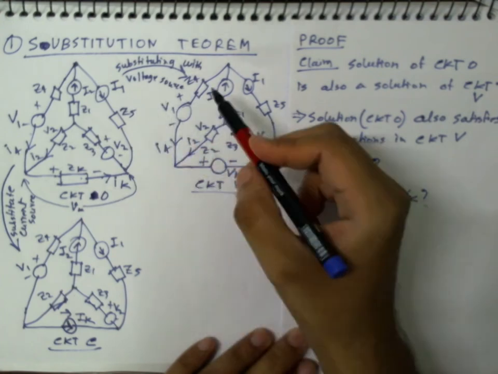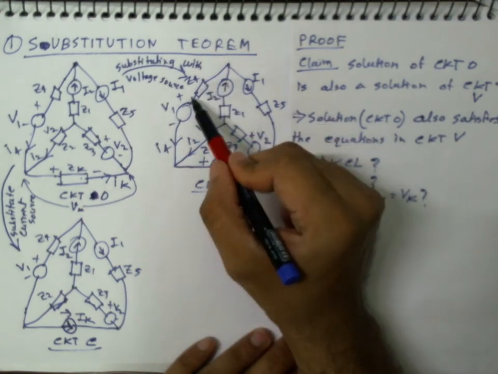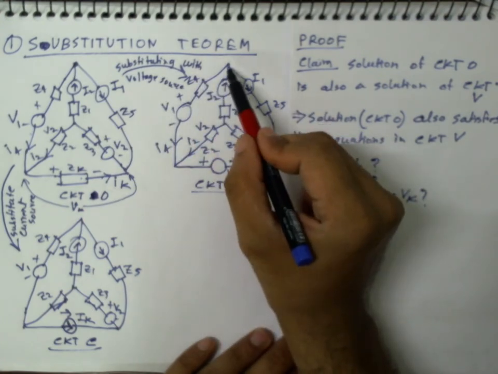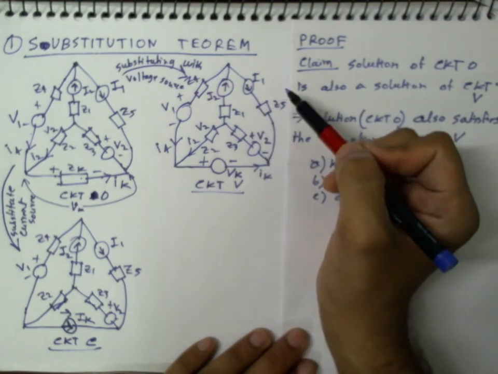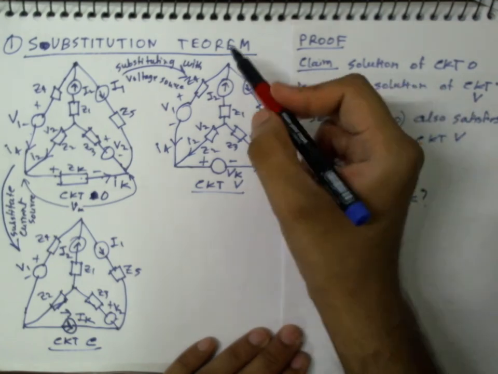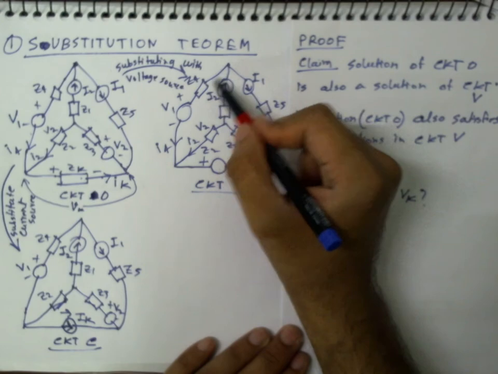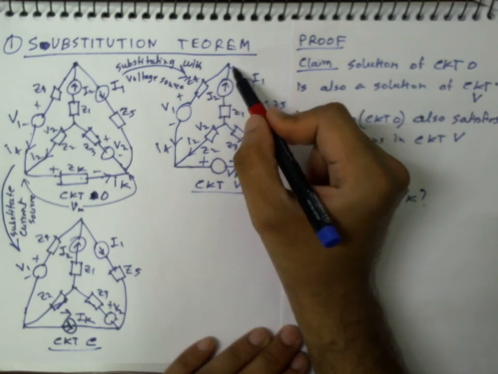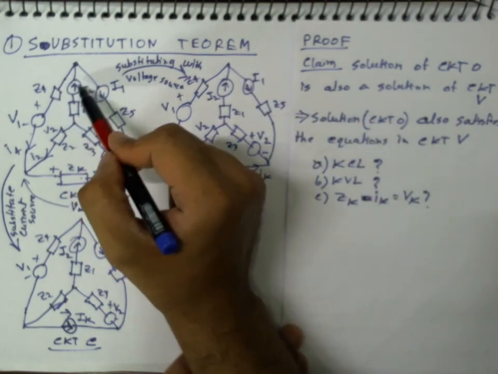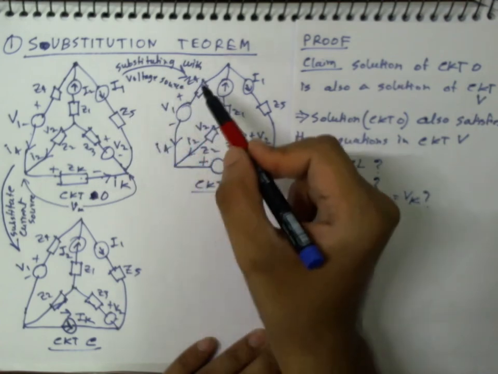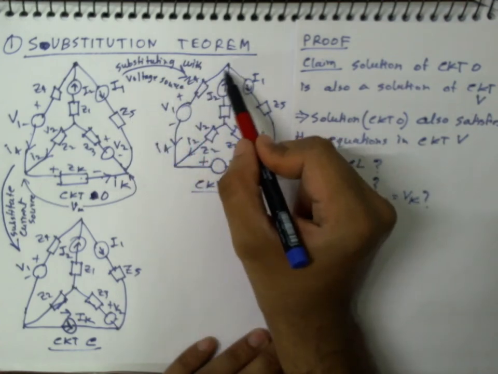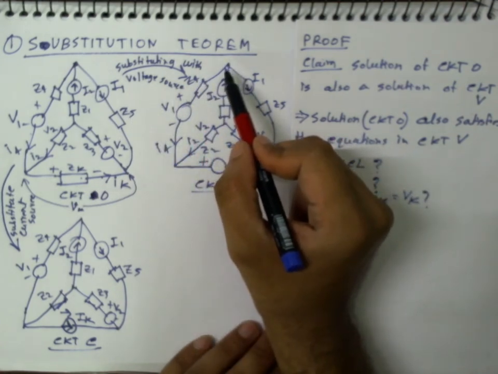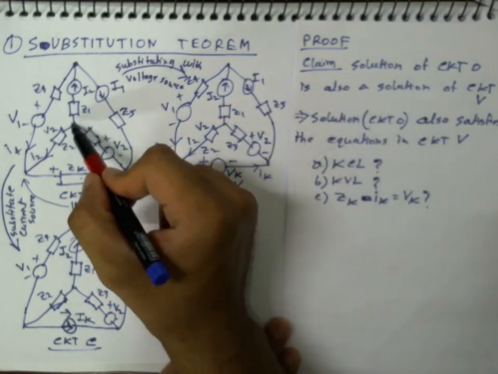Now if we take the same solution, that means I4 here, I2 here and I1 here, then their sum should again be 0, definitely. The sum was 0 here, and the same thing, the sum will be 0 here, so that means KCL is satisfied in this node. And similarly, consider any other node,